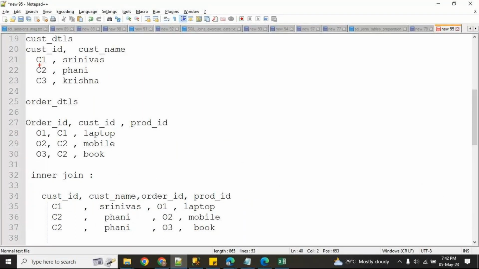Customers who have given at least one order, for those I can do an inner join. I want customers who have not done any order. This C3 has not done any order, so I want that C3 record. So how do I get it?